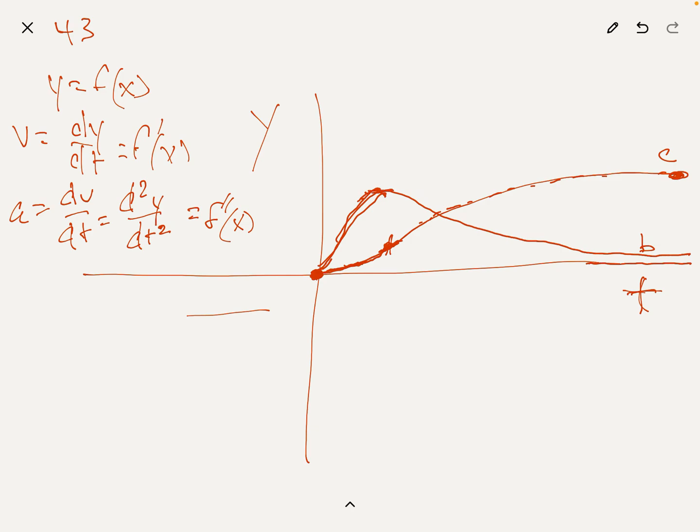So notice that the change in the velocity is 0 at the maximum velocity, and it starts to become negative here. So the acceleration is 0 at this point, t. So at whatever this number is, that's where the acceleration goes to 0,